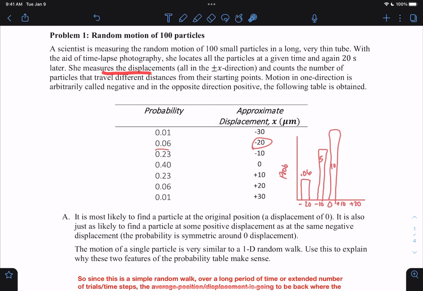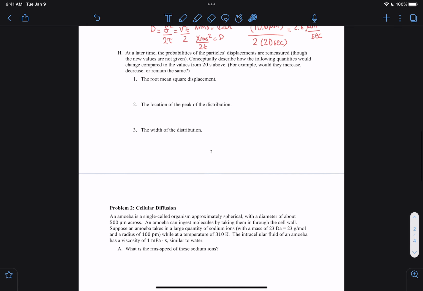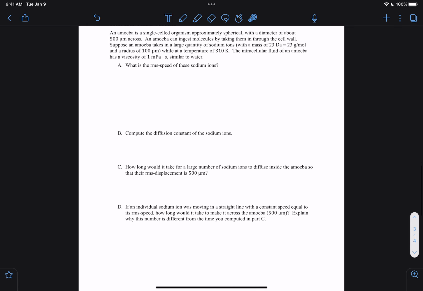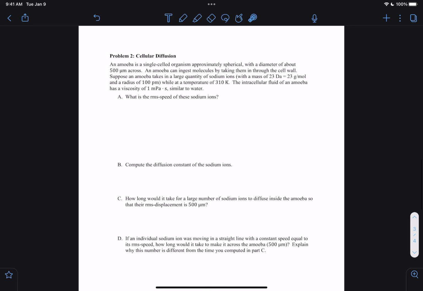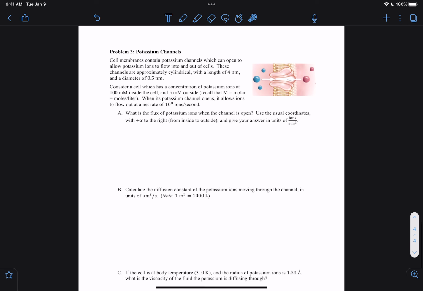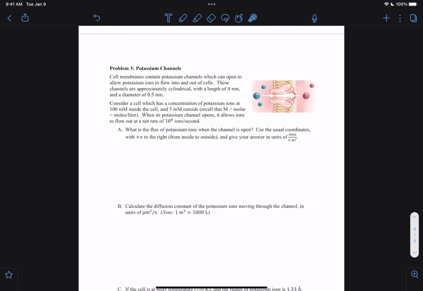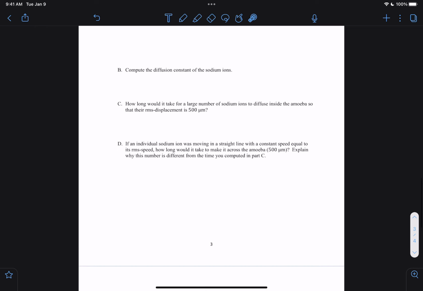She says that she measured the displacements all in the positive or negative x direction, so that's only one direction, 1D motion, right? Otherwise, if we go into another one of these problems, there might be an indication of a different type of movement, either 2D or 3D, depending on what's going on. And we can assume, I think, for something like, let's see here. So if we go to problem 2, for example,